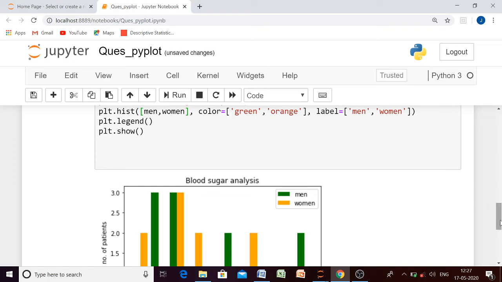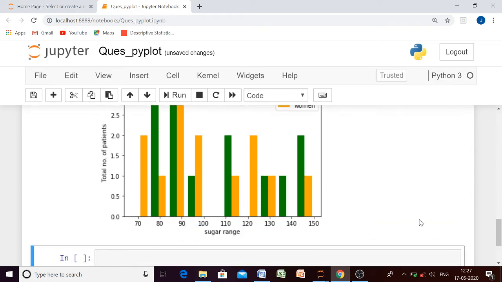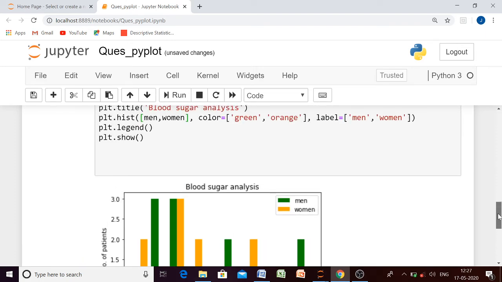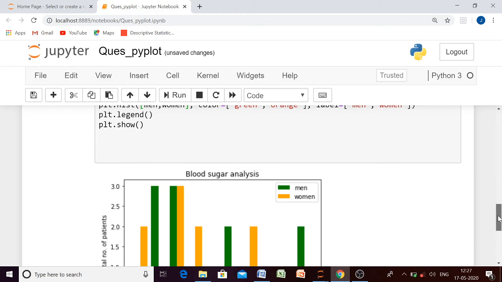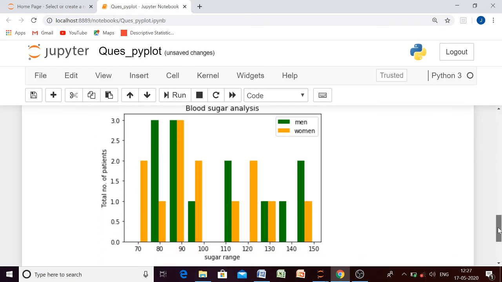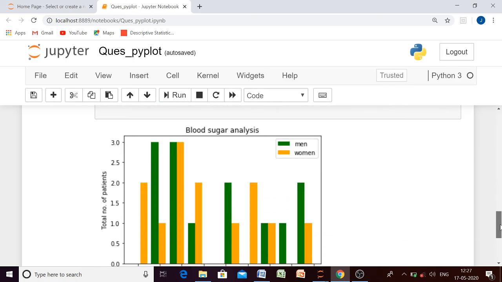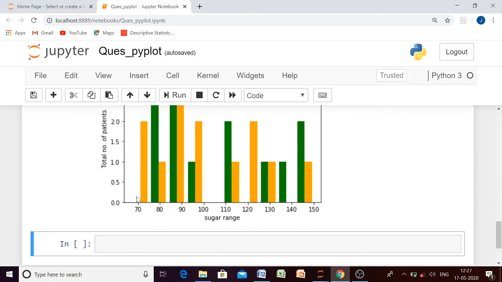Yes, see, here we have this histogram, but I have not specified the bins attribute. In the lecture video I told you that if we have not specified the bins value, by default it will be 10. So let us see that we have 10 different ranges. Here we have empty values for both men and women. Here you can see that green color is for men. So here, see, no bar for green color. Here again no bar for green color, and here no bar for green as well as orange color.